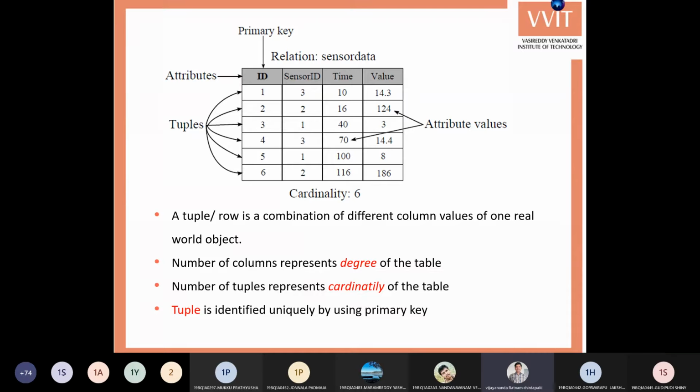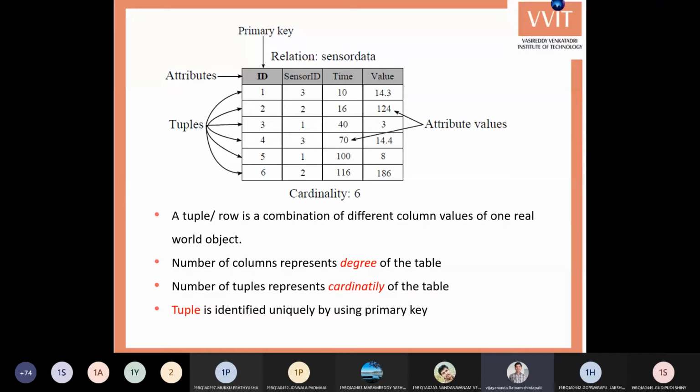Columns are the actual headers, whereas rows represent the original data. Here we are trying to understand the relational model with a simple table, that is sensor data.